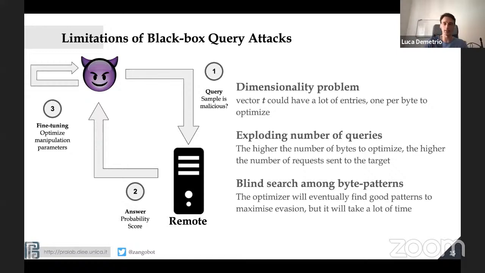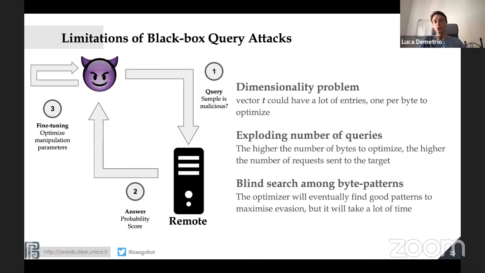You're gonna be detected, and it's going to take a lot of time to optimize. Also, imagine that in your adversarial payload you want to produce the string hello world. With a blind search, it's going to be very tough to produce such a precise pattern, because you're going to need a lot of queries to guide the optimizer to find the hello world string among this giant space of all possible strings.